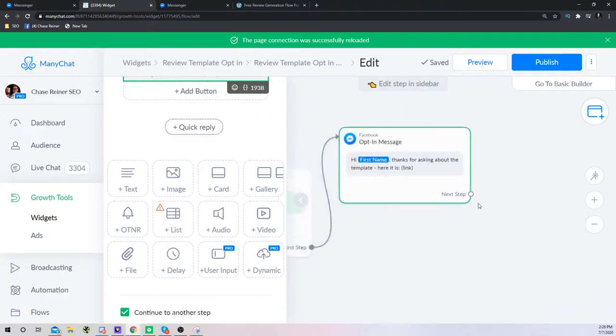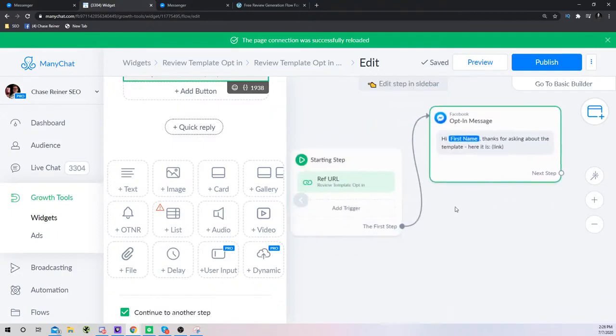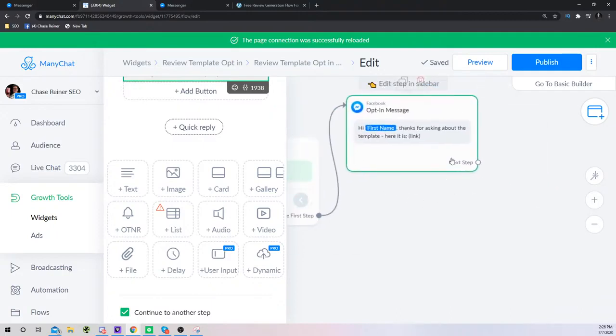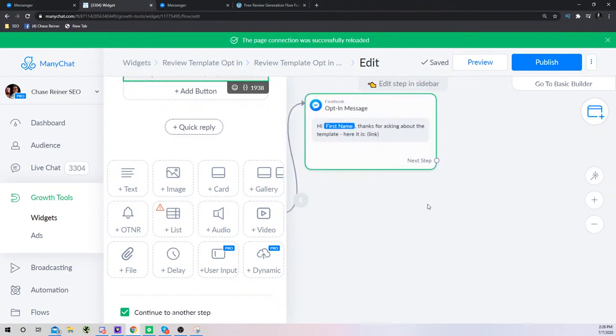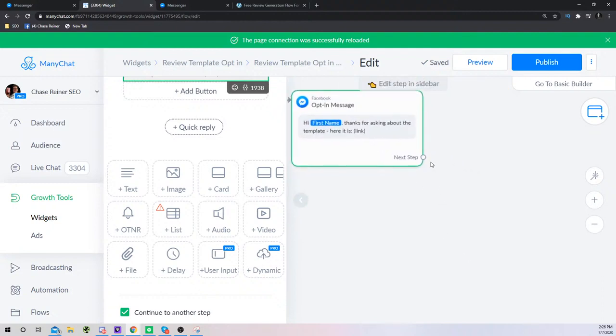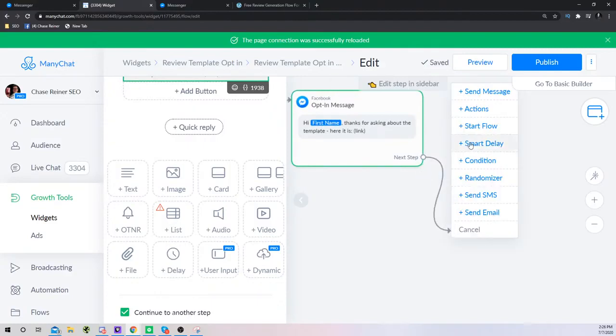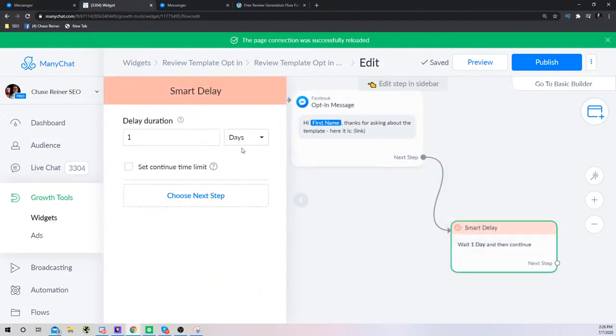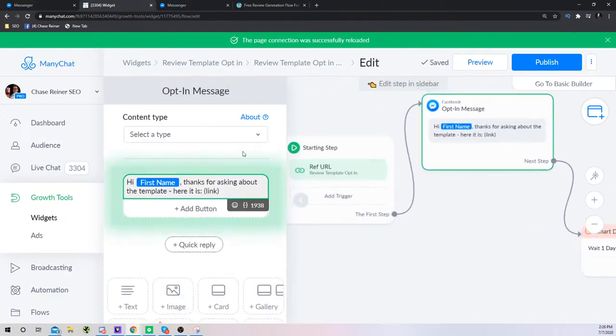But what we want to do is we want to wait a little bit. We don't want to ask them right away. If they just got the template, we don't want to ask like 2 minutes later if they haven't even looked at the template yet. So what we're going to do is a delay. We're going to say, okay, boom, delay, smart delay. And let's wait. We want to stay within a 24-hour window because, look, in here, you have to select a